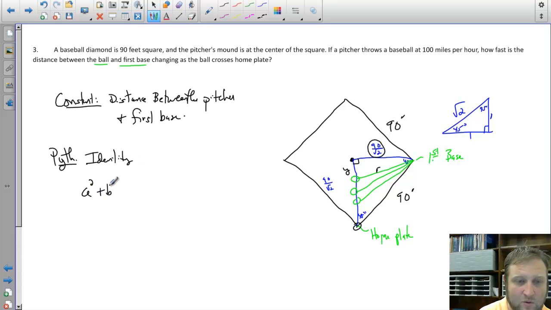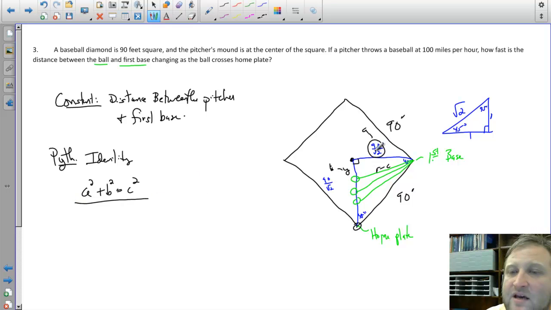We know that a squared plus b squared is equal to c squared. If I call this value my a, that value is constant. This value, my y, will be my value of b, and my c is just my value of r. So the Pythagorean idea relates my 90 over root 2 to this value of y, which is getting larger and larger, and also to that value of r, which is equal to c. So placing this in, I'm going to have 90 over square root of 2, quantity squared,